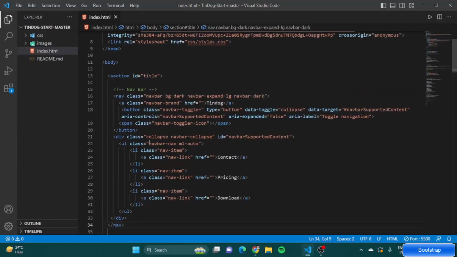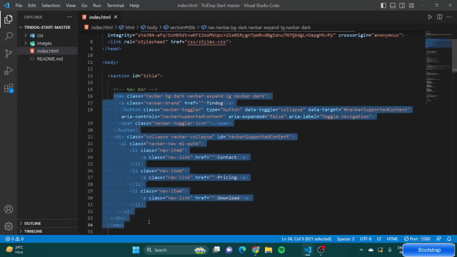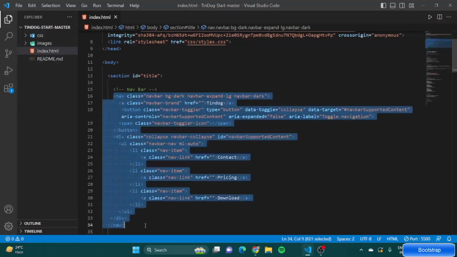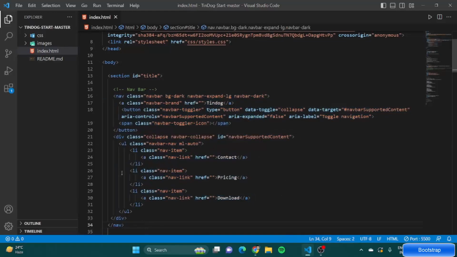Before that, I would like to bring in some changes. So this was the navbar which we made in CodeFly. So I just copied it from there. Alright, it is just the same code, nothing has changed. All right. So yeah, and one more thing, as I told you that there would be some functions in using